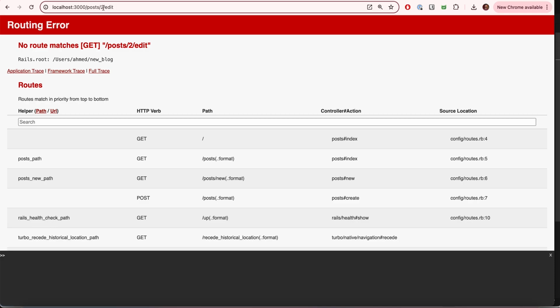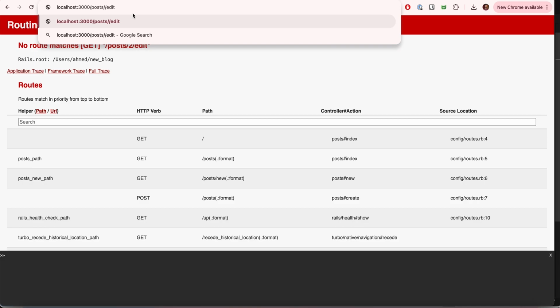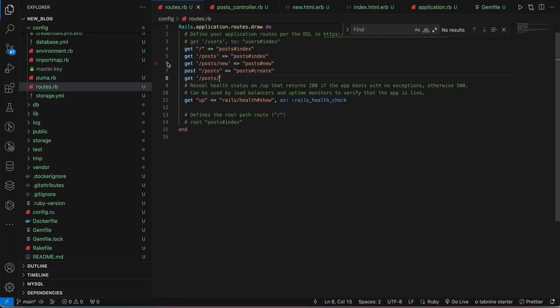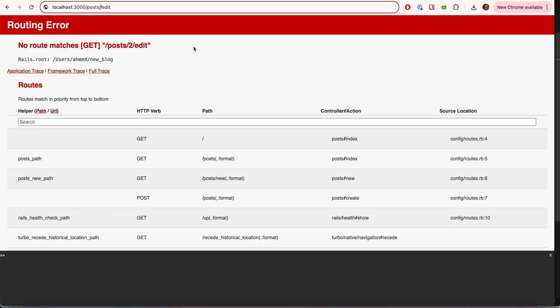It means that it can be changed, so here it will come the ID of any post, right? So we have to use the param. This is defined as a colon and then the name of the param, right? And then we have this edit path. So now our route is completed,